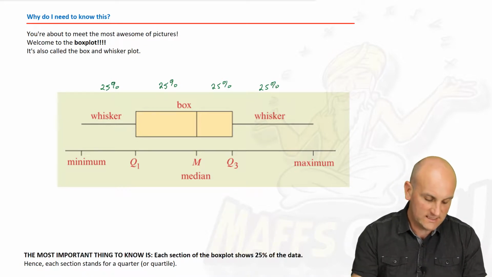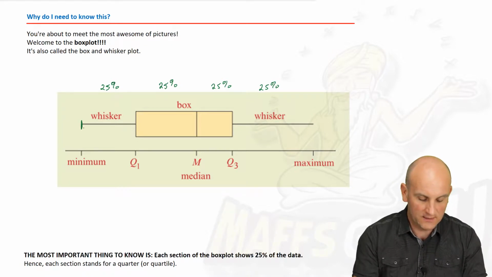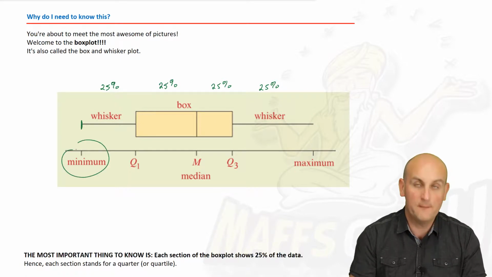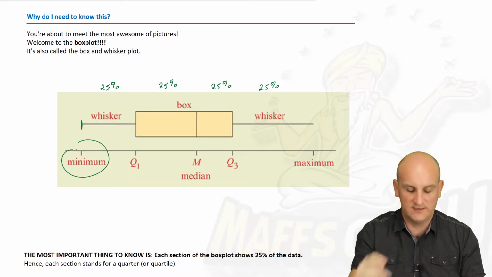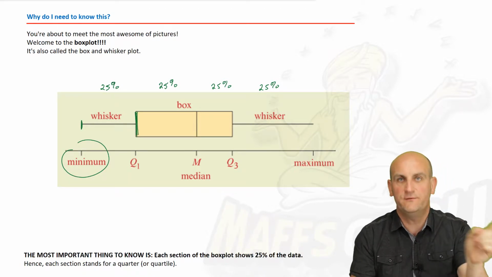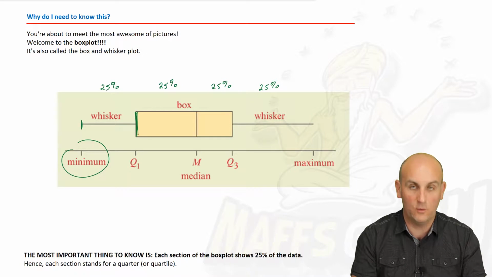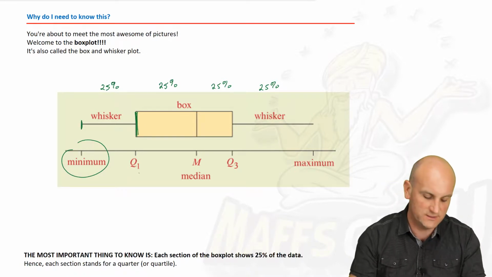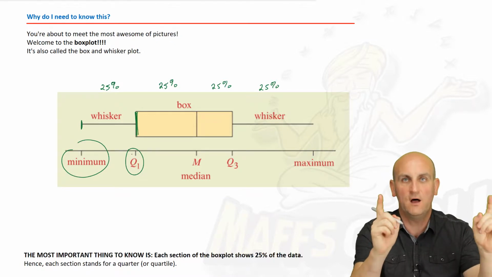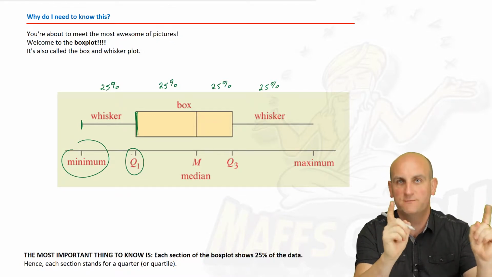But what we notice is that this value here, at the very end on that left-hand side, is what we call our minimum value. Oh, tick, that was one of the things we wanted. This value here, at the end of the 25th percentile, or when that 25th percentile finishes, is my Q1, my lower quartile. So it's halfway between my bottom 50% of my